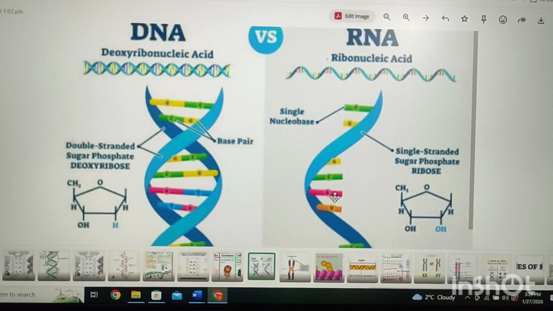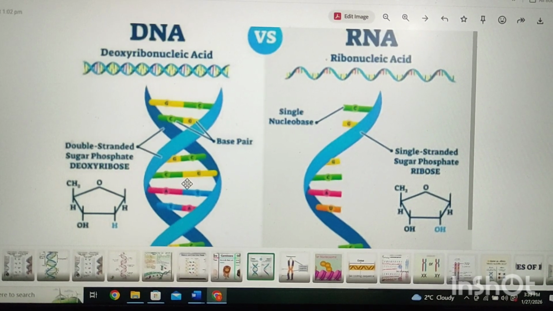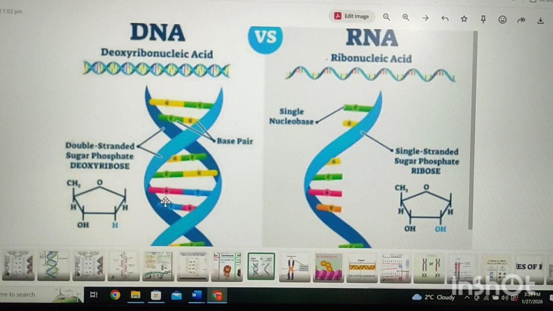due to the absence of the hydroxyl group. It has three types: A DNA, B DNA, and Z DNA. We have discussed this topic in DNA structure, but the special one is only B DNA, on which the Watson and Crick model was based. It is self-replicating. We have discussed that its strands can be separated from each other and work as a template for the manufacturing of the missing strands.